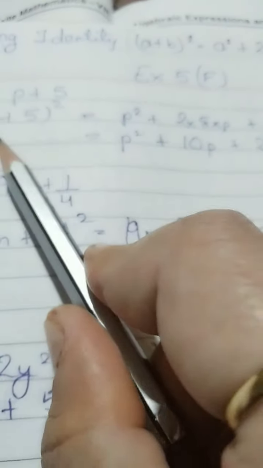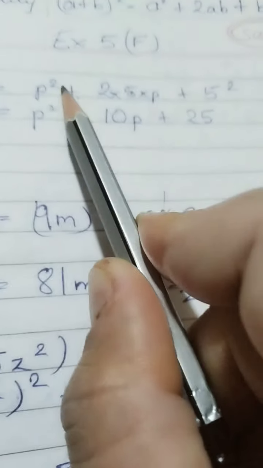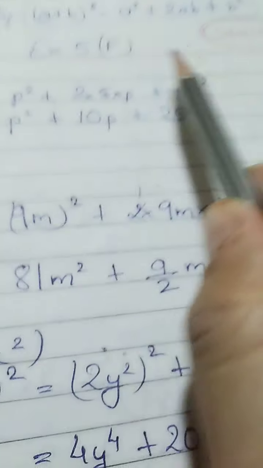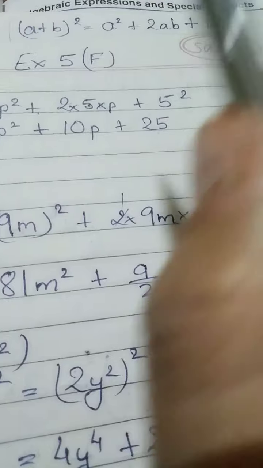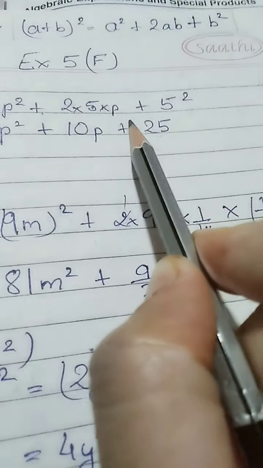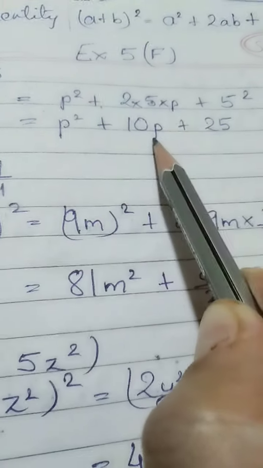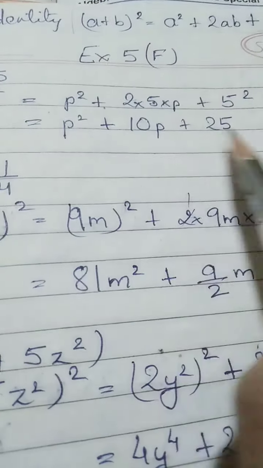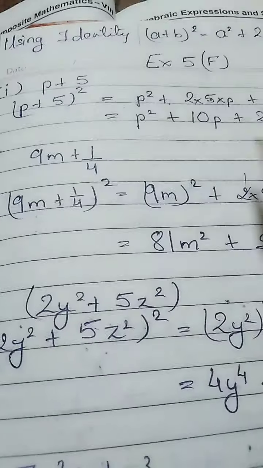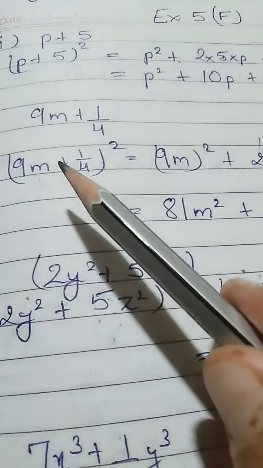So here a is p and b is 5. So p square plus 2ab, which means 2 multiplied by a multiplied by b, so 2 into 5 into p, and b is 5, so 5 square. So p square plus 10p plus 25. This will be your (p + 5) whole square. Now this